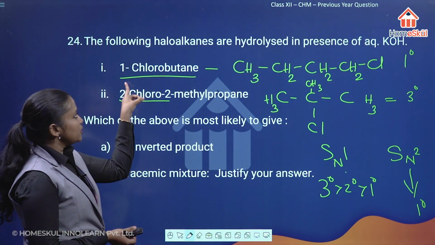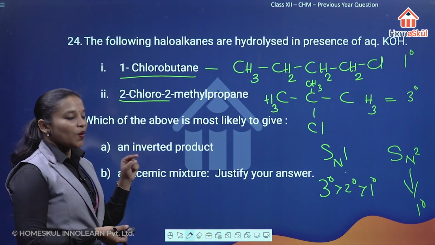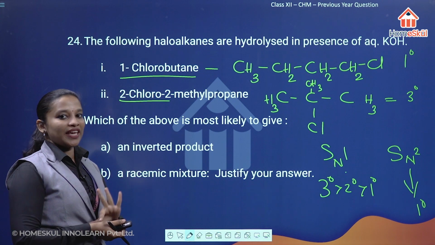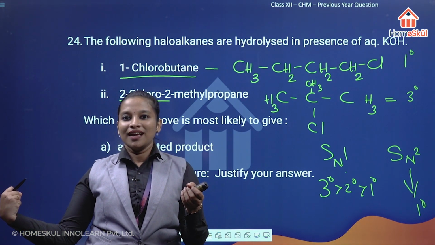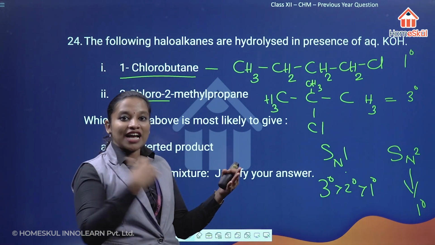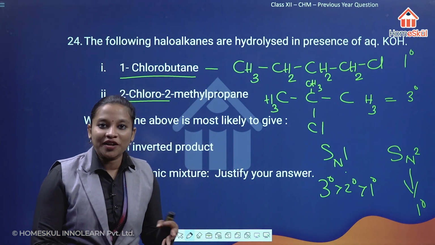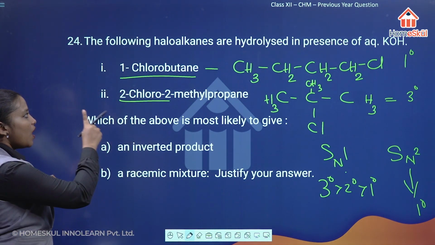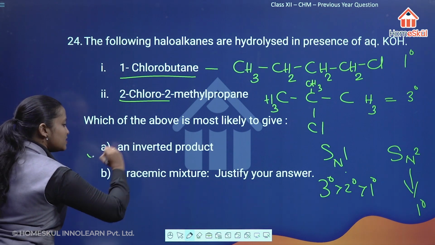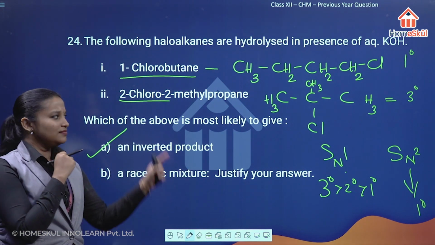Here, the first one is a primary species, so it will undergo the SN2 mechanism. In the case of the SN2 mechanism, what happens? The nucleophile will attack from behind. So in effect, the resulting product will be inverted in its configuration. So 1-chlorobutane will result in an inverted product. And the second one,